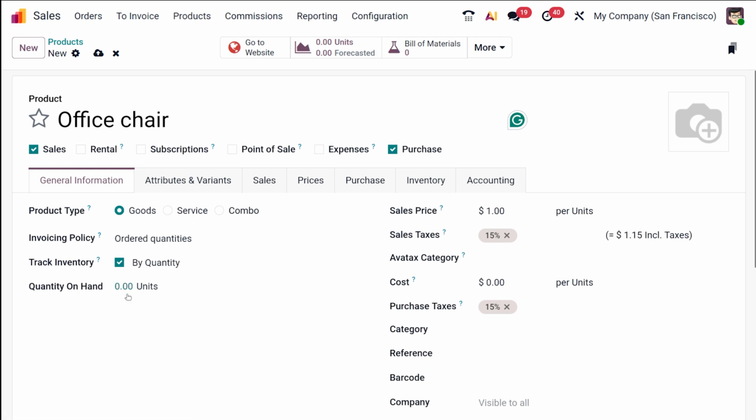This can be automatically updated. You don't have to do the work. Odoo will do the work. I'll show that. Now this sales tab will allow you to add information that will appear on